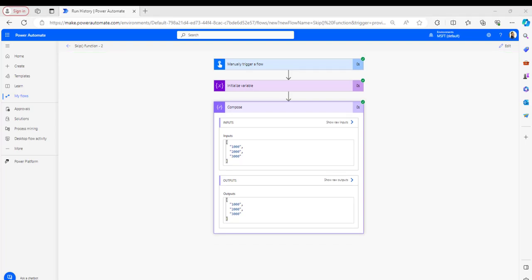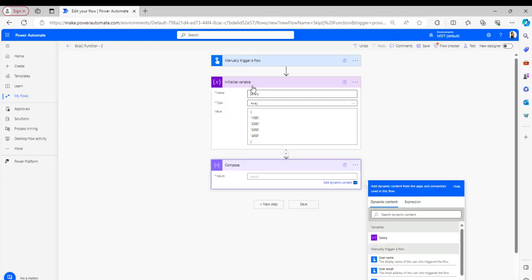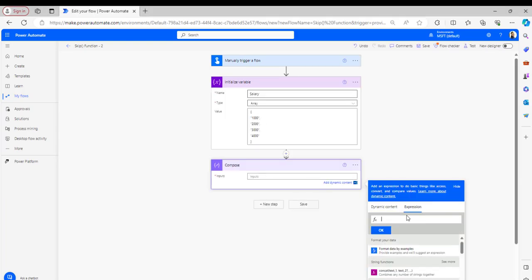In the same way, I will explain the Power Automate take function. The take function works opposite to the skip function. It will take the elements or items from an array from the beginning of a collection and remove the remaining elements. In the initialize variable, I have taken the array with the same values, and in the expression of the compose flow action, I will